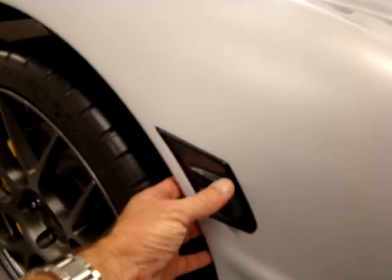Here's some little markers I added, kind of cool. I think these are from